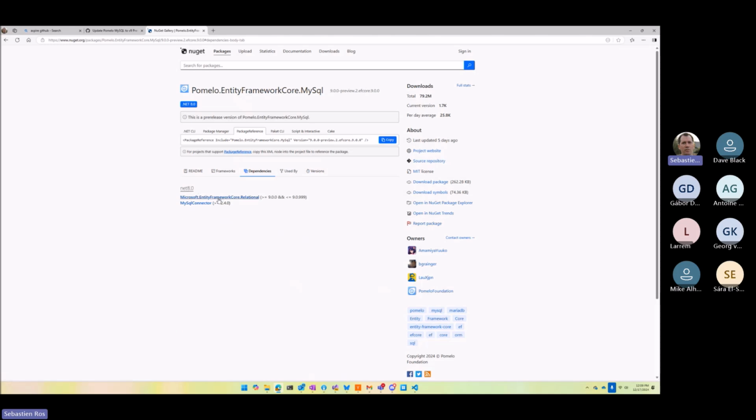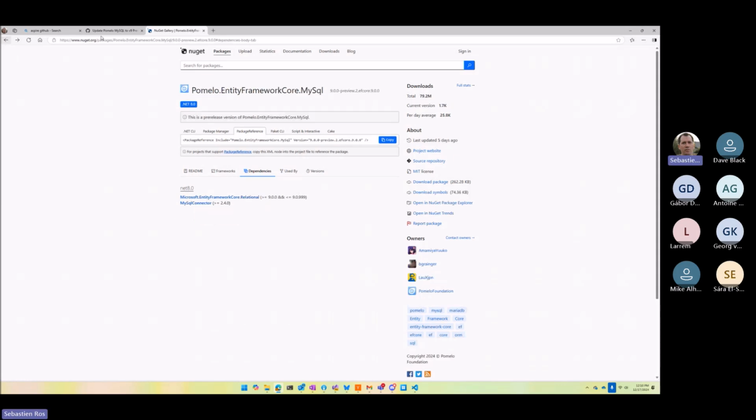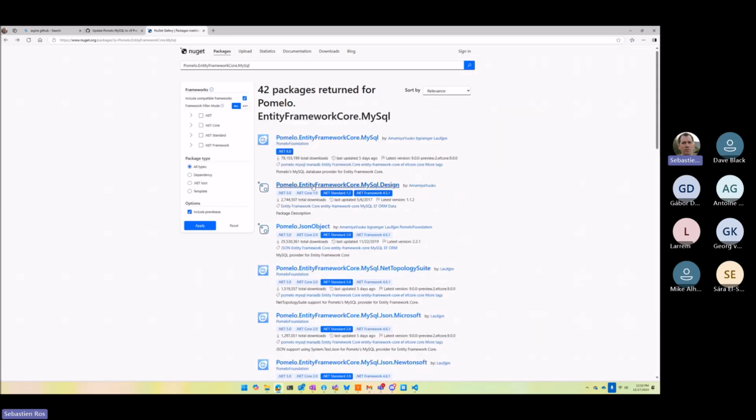It depends on Entity Framework Operational 9.0, which itself could have two TFMs, but it doesn't. It also targets .NET 8 by importing 9.0 things. And that's typical of EF, because EF support follows the .NET runtime support, which means the LTS of EF is the 8.0 version. The STS of EF is the 9.0 version,